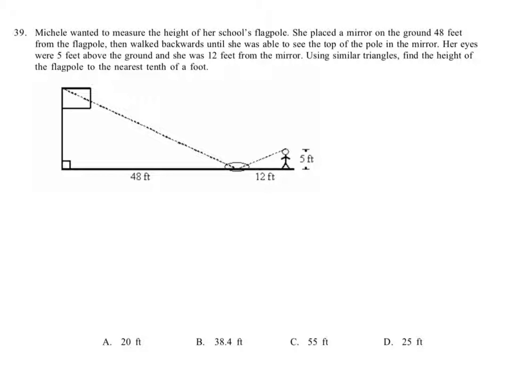Okay, so what do I mean by that? Let's take a look. This 5 feet is to this 12 feet as this something feet is to this 48 feet. Okay, so we could say 5 is to 12 as,